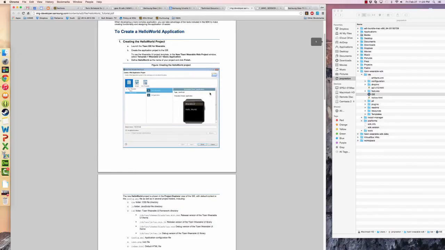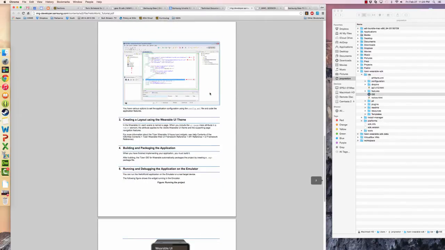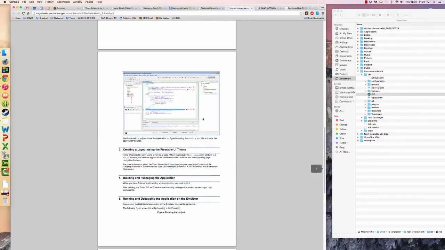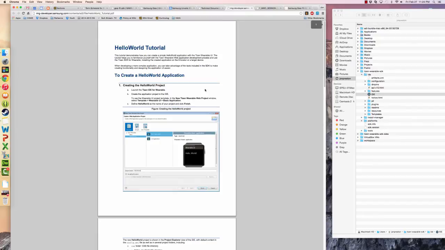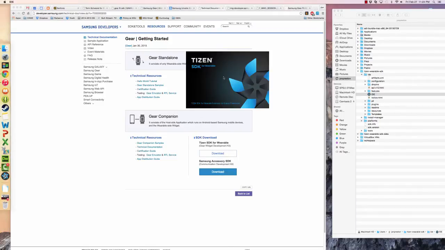So this does a pretty good job of getting you through all of the steps, but I ran into a couple of problems getting the emulator up and running, and so I'm creating this tutorial to help you avoid those mistakes. So you can see over here in my home directory under the Tizen Wearable SDK folder, which will be created once you download this and then install it, I expand into the IDE folder and I've got the Eclipse modified